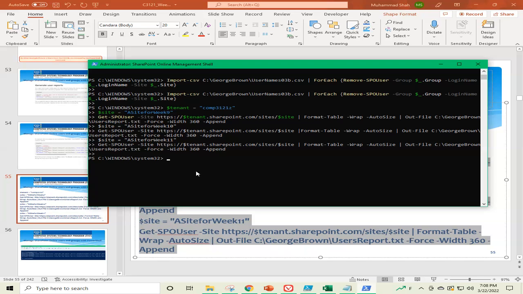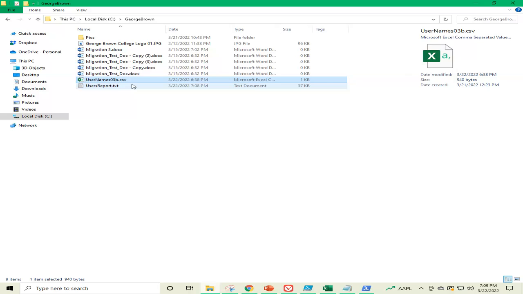this command is quite completed and not said anything, but we have actually directed the output to a text file, user report.text actually. So all the information is saved into that one. We will just open the file and see if we have the information into that one. And we have added the append also because I have executed it once before, so it will have 2 times the information. I'll show you the file